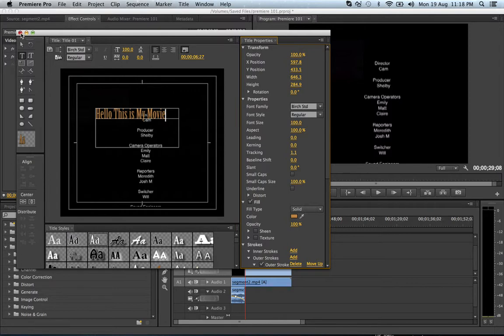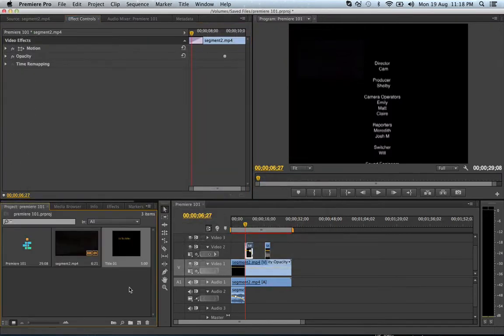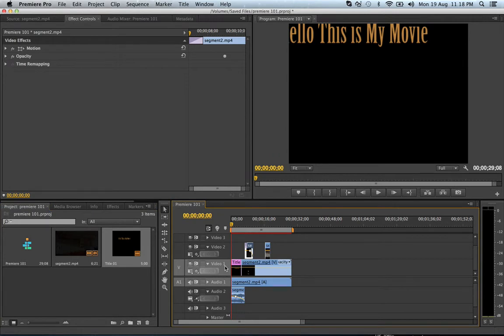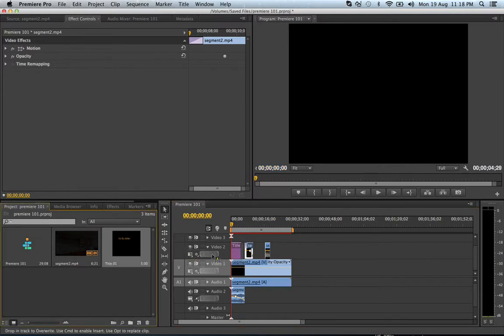Now I'm just going to close this, and you're going to go back to your projects, and you'll see you have your first title. So it's not actually anywhere in your movie. What I'm going to do is drag this into the front. You'll notice that it became a smaller clip at the front. So it's important, if you don't want to lose any of that clip, that you hold